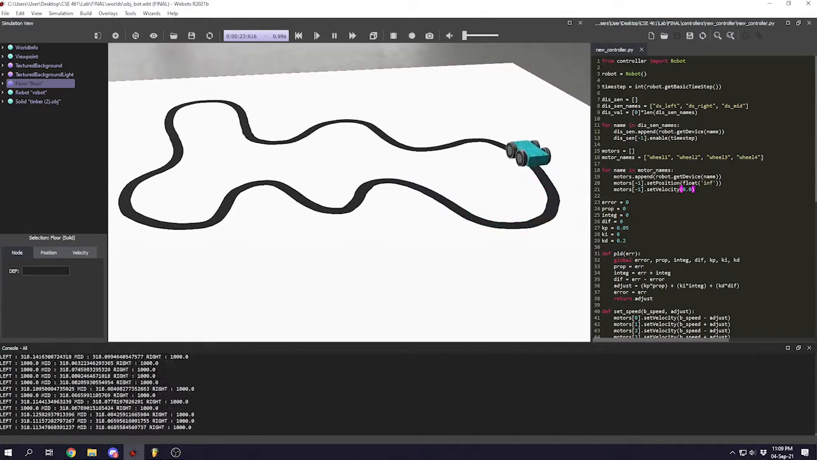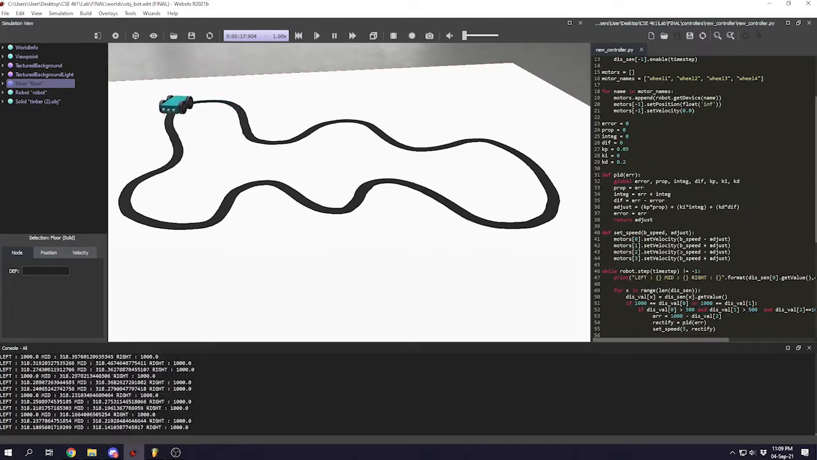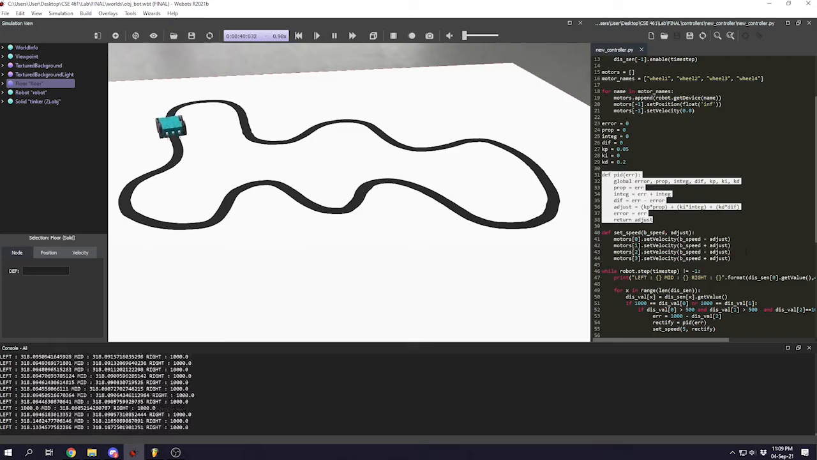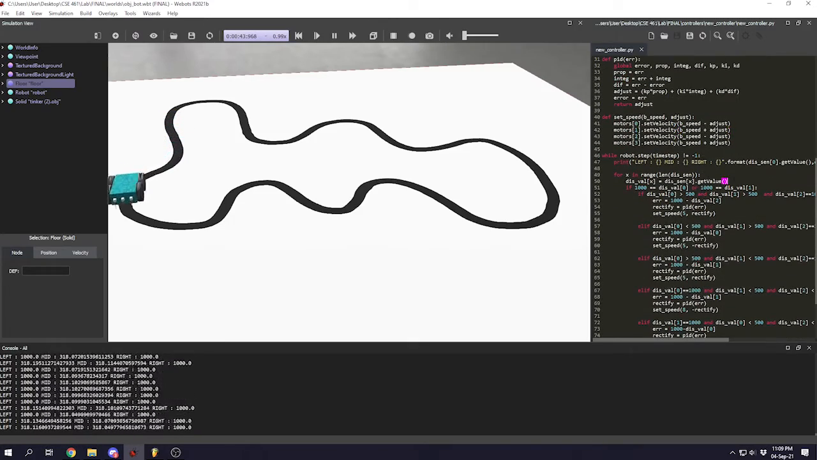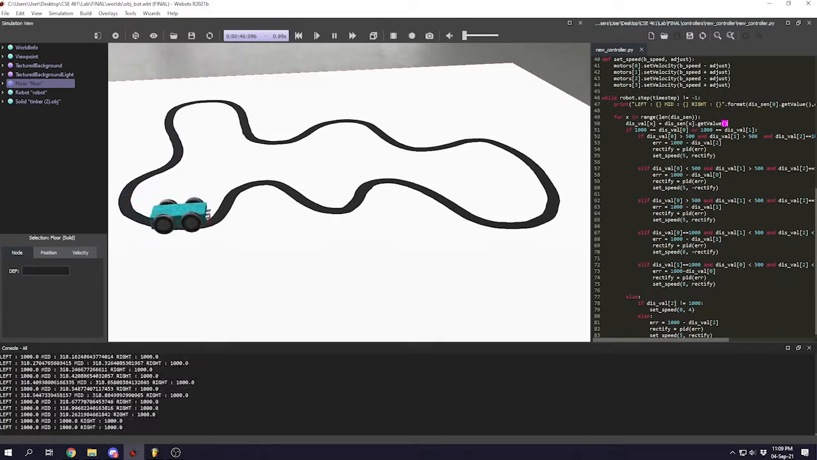After all these parts, we are taking some global variables which are error, prop, integration, differentiation, kp, ki, and kd. The first 4 are set 0 initially, and the rest kp, ki, kd are adjusted according to our robot for this track. Now we have also taken 2 methods which are PID and set speed, but we'll talk about this later. Then we are taking an infinite loop, and inside that we are printing the left and right values,